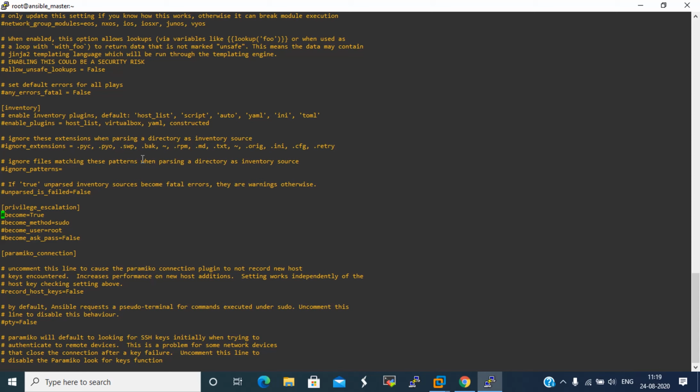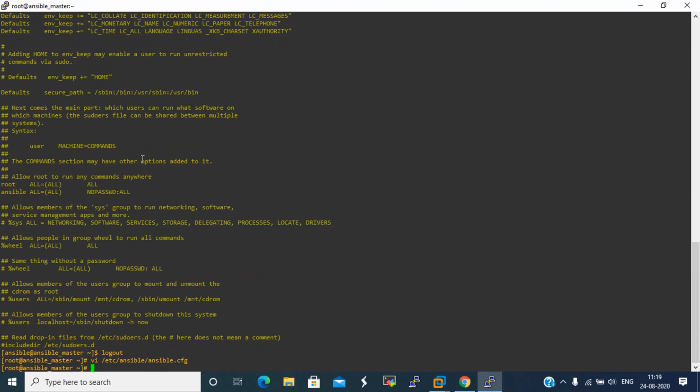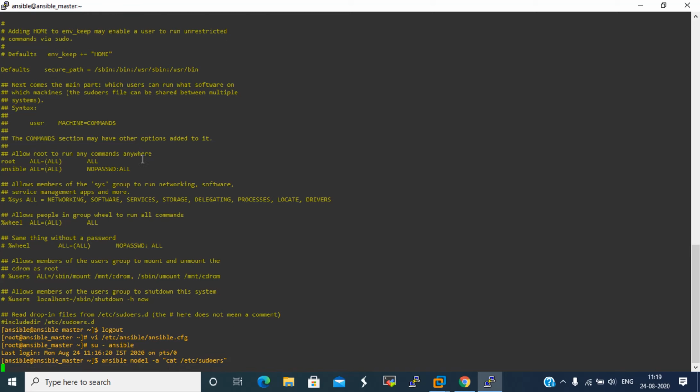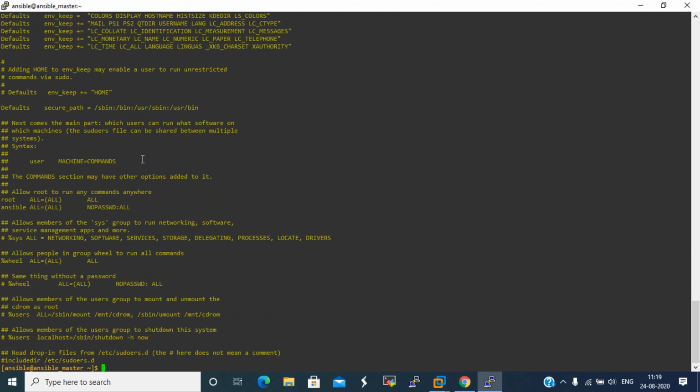So we have to unhash the same and save the changes by pressing :wq. Now go with our Ansible user and give the same command without the hyphen b parameter. It shows us the output of that file.